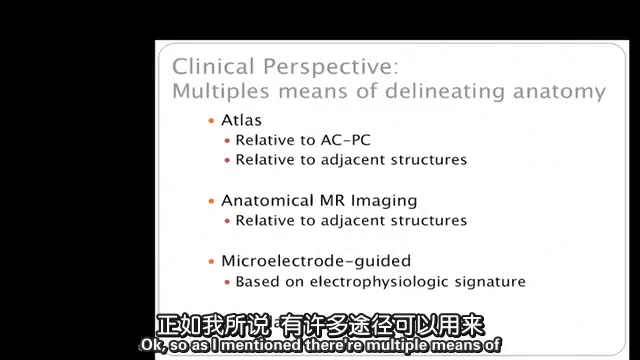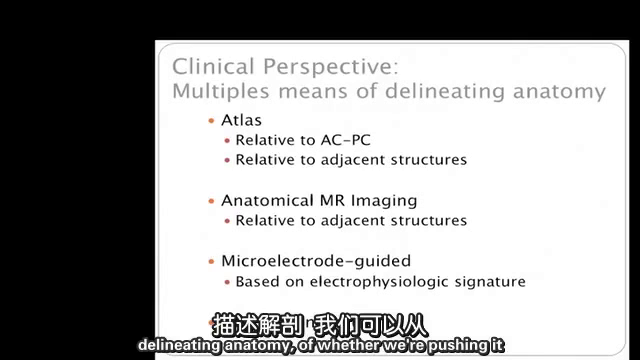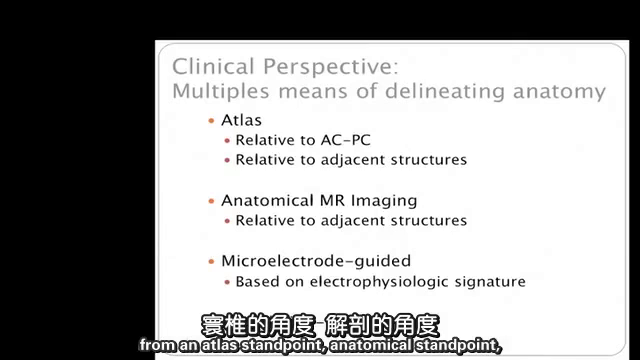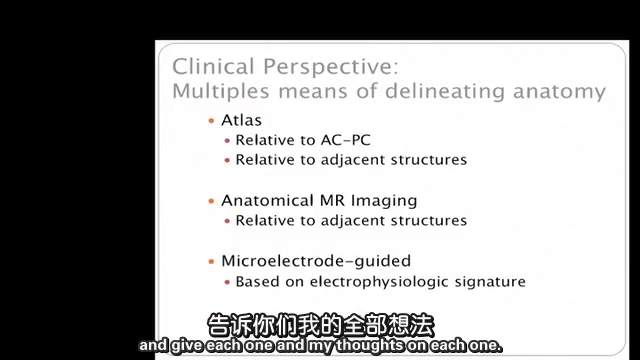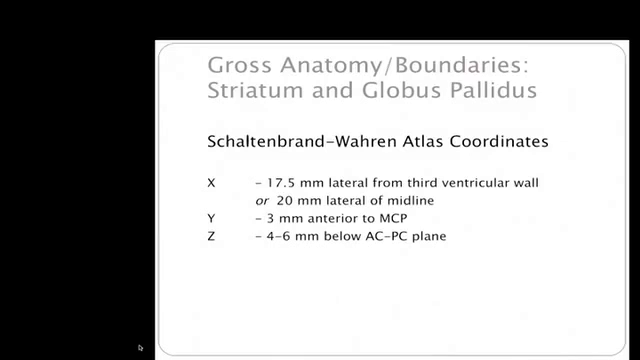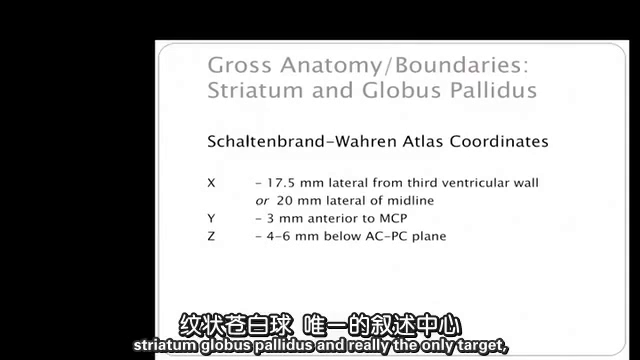Okay, so as I mentioned, there's multiple means of delineating anatomy, whether we're approaching it from an atlas standpoint, anatomical standpoint, or microelectrode standpoint, and I'll try and give my thoughts on each one. So first I wanted to talk about the striatum and globus pallidus, and really the only target